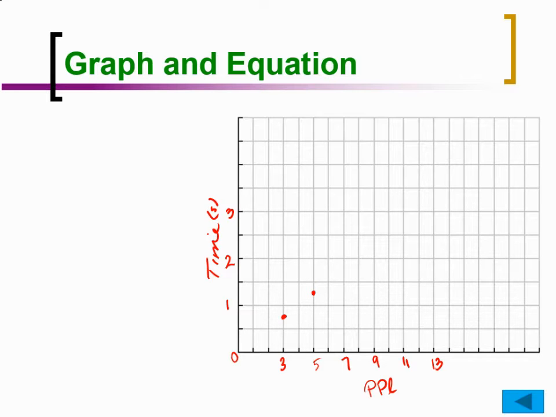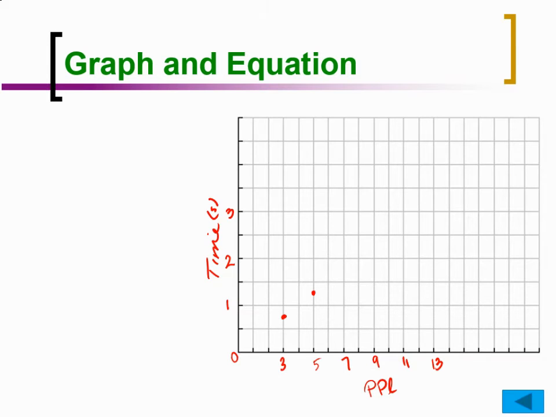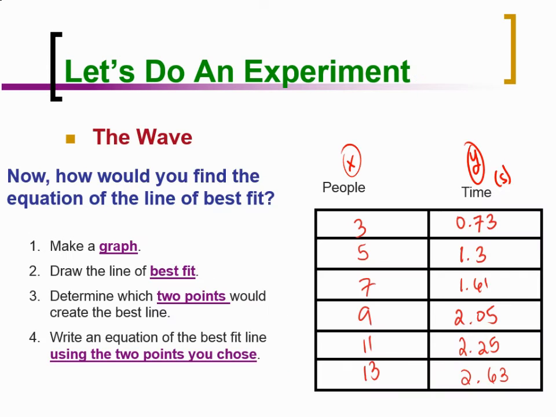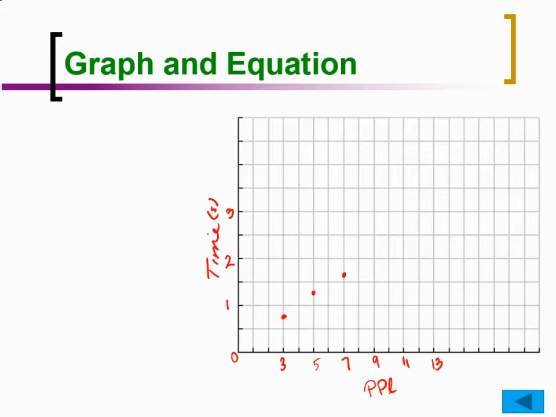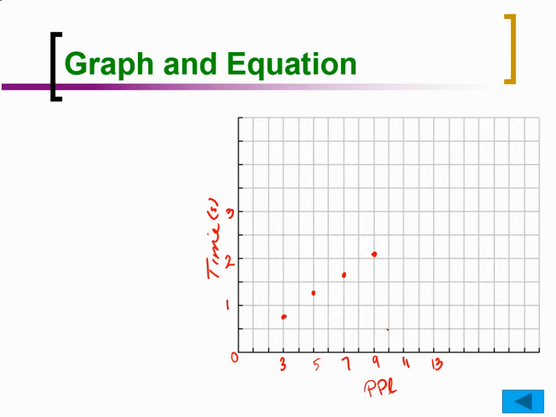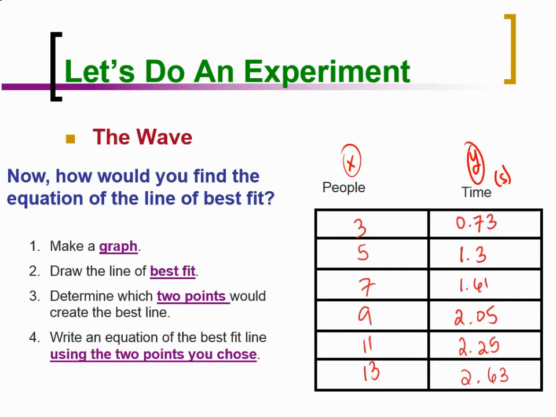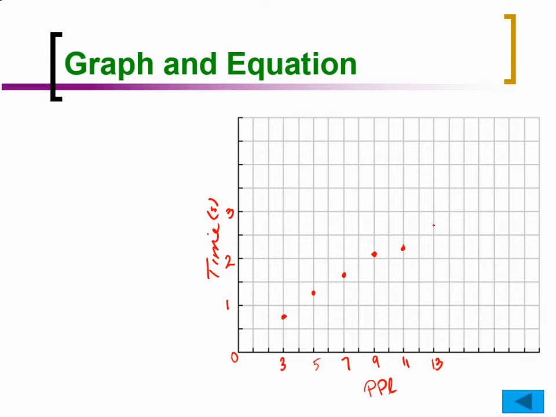So that'd be about right there. 7 people took 1.61, so just above that 1.5 mark. 9 people took 2.05 seconds, so almost exactly 2 seconds. 11 people, 2.25, so about halfway between those. And 13 people took 2.63